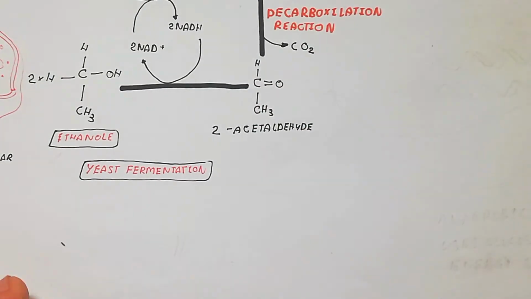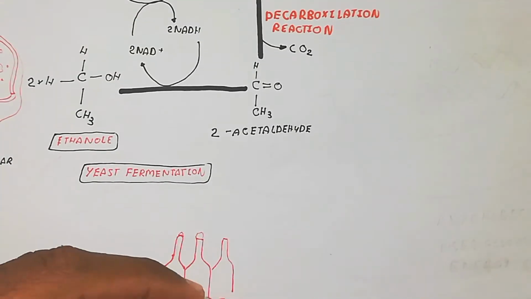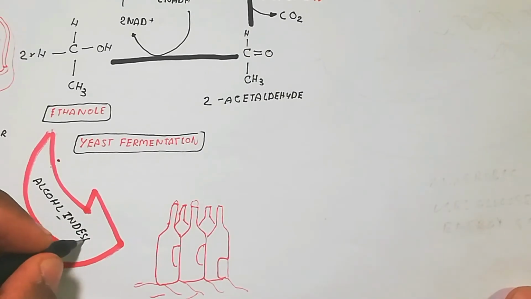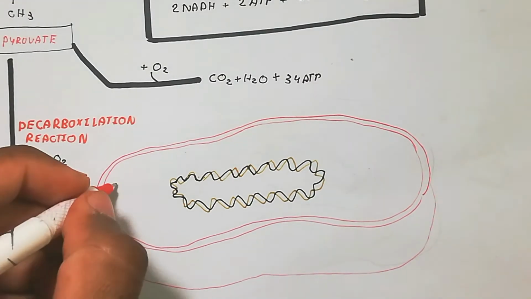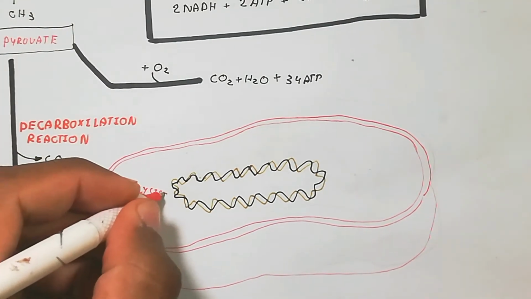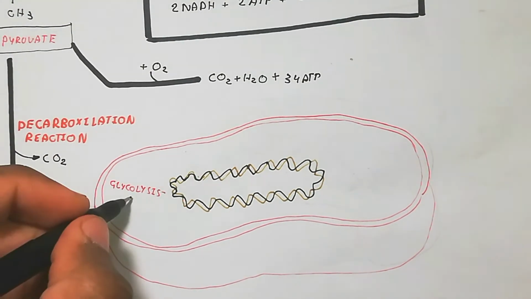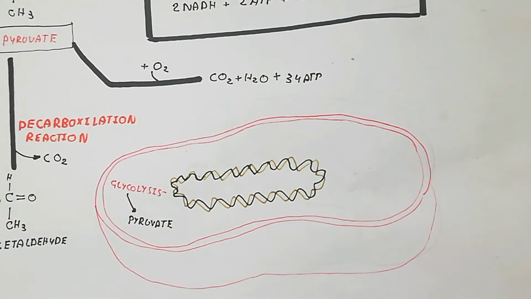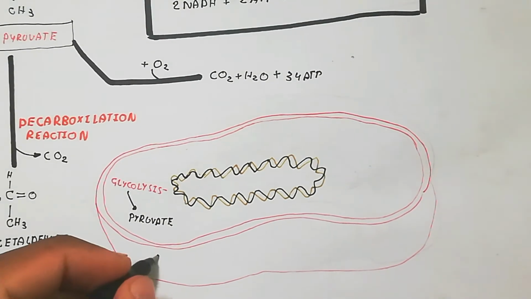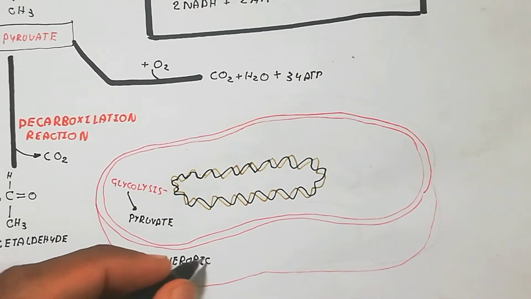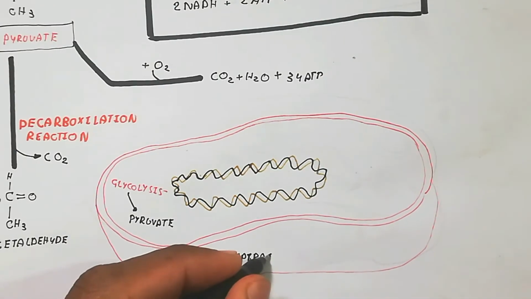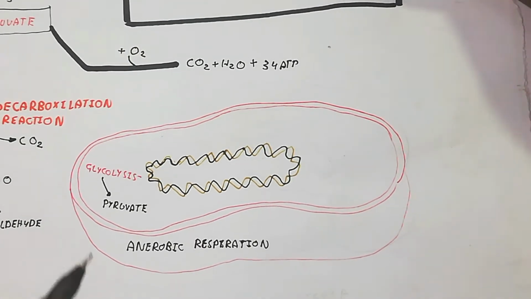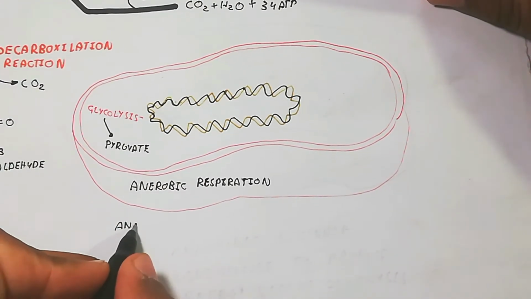Ethanol production is known in a basic living organism called yeast. Yeast is a eukaryotic unicellular organism used in the alcohol industry to produce alcohol and other products. On the other hand, we will talk about bacteria, where glycolysis is present in the cytoplasm and produces pyruvate. That is the initial prokaryote, producing through glycolysis, and no mitochondria are present. So it means no Krebs cycle, no electron transport chain. So it's simple energy production. That is why it's a lower organism. Bacteria are basically not animals. Bacteria are microorganisms.